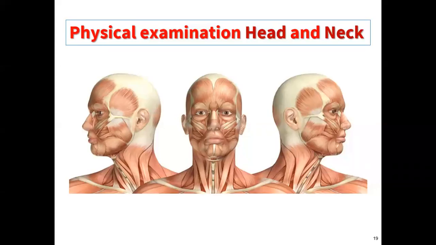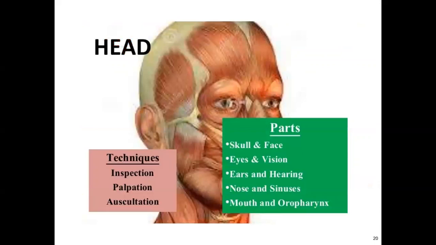In this PowerPoint, we are going to give an overview of how to examine and what the findings are for the head and neck region. Here you can see the techniques we have to follow during the head, neck, or integumentary system examination. First of all, inspection, what we can see through our eyes, then palpate,